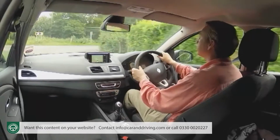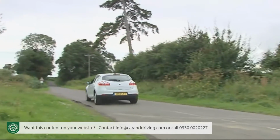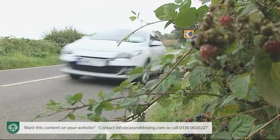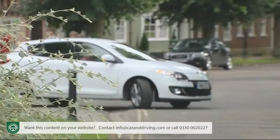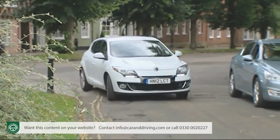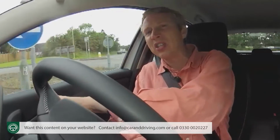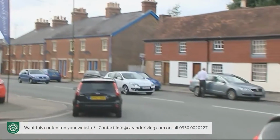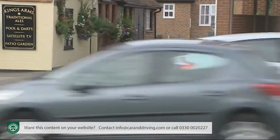Rest to 60 miles an hour takes 10.9 seconds on the way to a top speed of 118 miles an hour. Ultimately though, for diesel-like pulling power, you really need a diesel, and the vast majority of Megane customers opt for a 1.5-litre version. Now, the 1.5 DCI 110 is Renault's best-selling global engine,